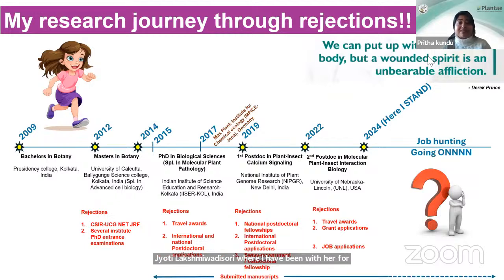I applied for several postdoctoral fellowships with her, but it was not possible to get that accepted at the same time. But I got her support in a wonderful way, in which she helped me with the Institute Fellowship. That worked, and I learned a lot. With that, I wanted to move on for my international postdoc, and then I got a call from Dr. Joe Louise, and successfully I'm working here. I'm applying for several postdoctoral fellowships and job applications at the same time, and it's still waiting. So I'm in the process.